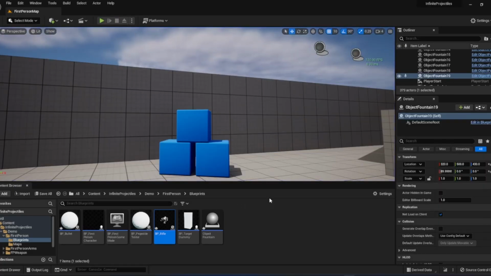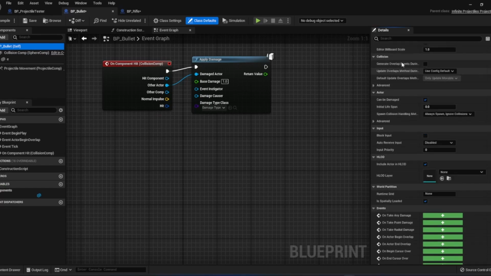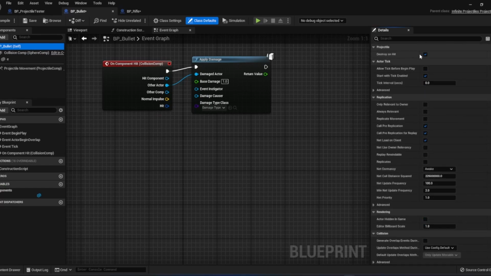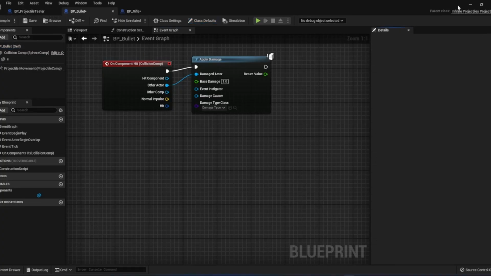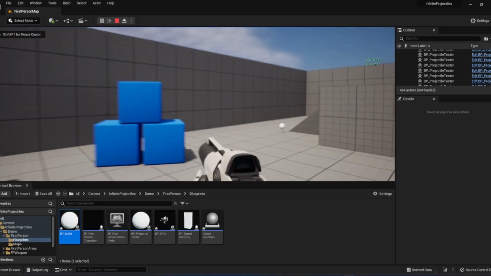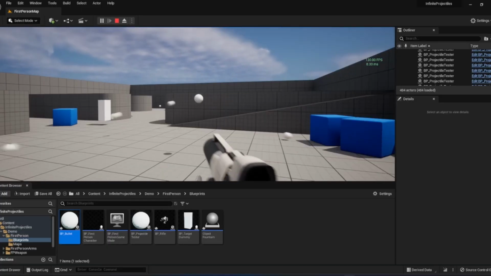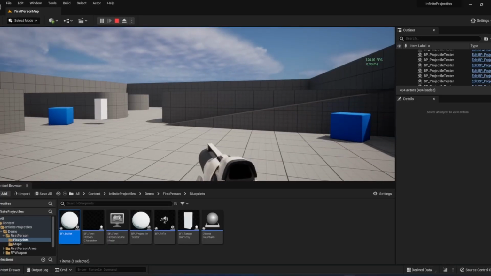If you wanted, for whatever reason, the bullets to bounce, like the default Unreal Engine tutorial template, we could simply go up here, and at the very top, there should be a destroy on hit, which is always true by default. If you want your projectile to bounce, you could just disable the destroy on hit, compile, and now if I were to run this, we should see that our balls are bouncing, just like the original. You also see in the top right corner there that we are seeing no performance loss whatsoever